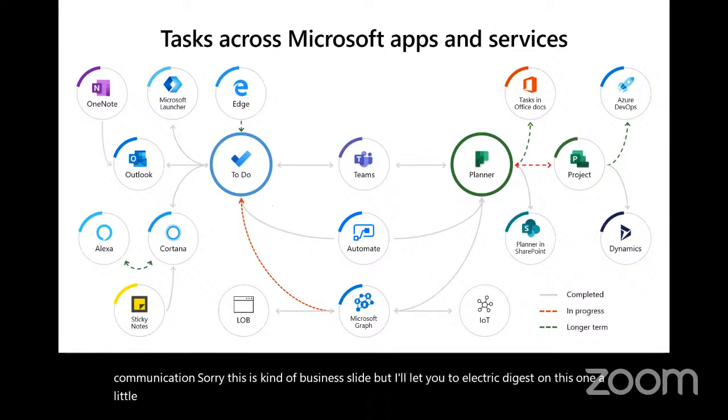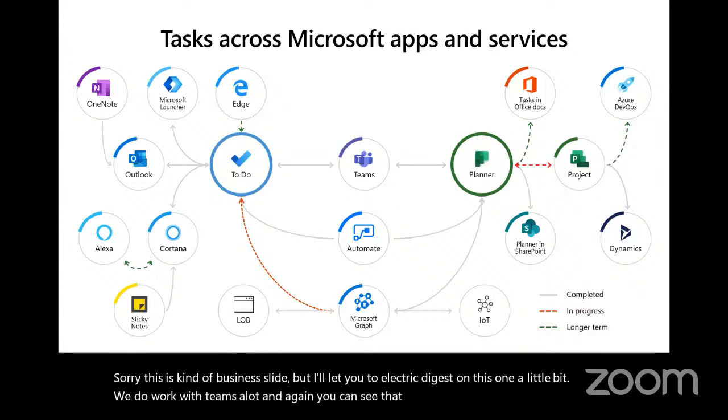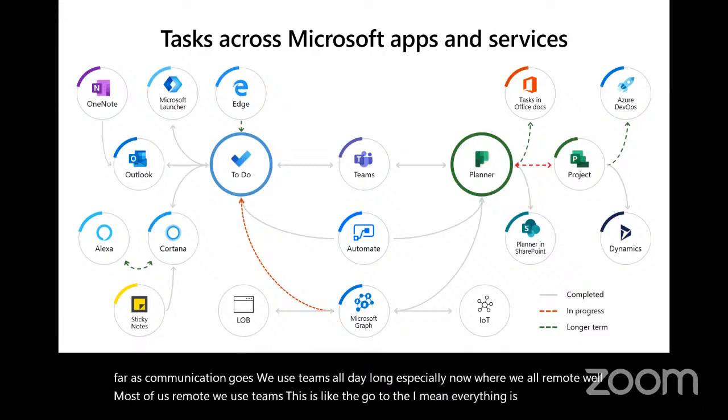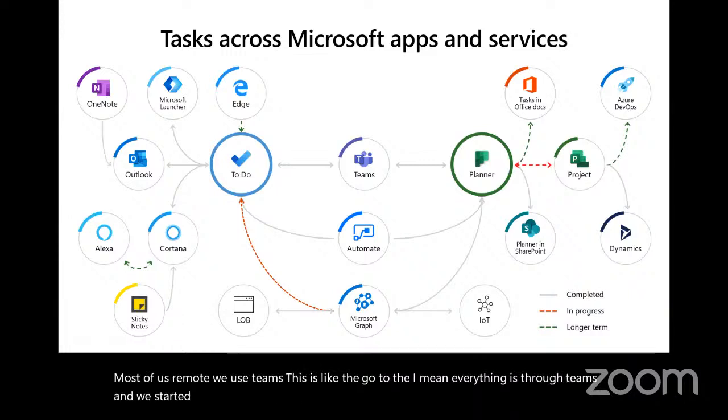We do work with Teams a lot, and you can see that Teams here is basically a focal point as far as communication goes. We use Teams all day long, especially now when we're all remote. Well, most of us are remote. This is the go-to. Everything is through Teams, and we started noticing that we'd like to build the communication for our project management process around Teams,